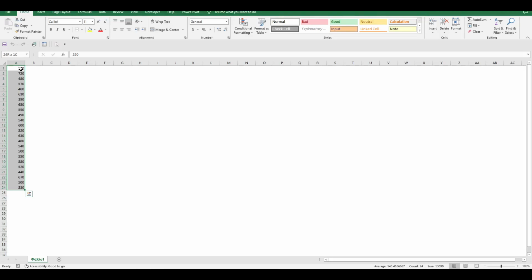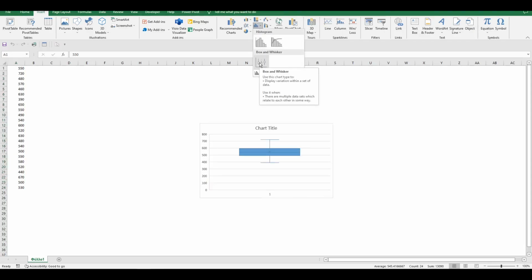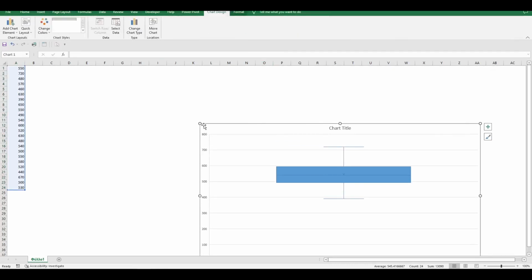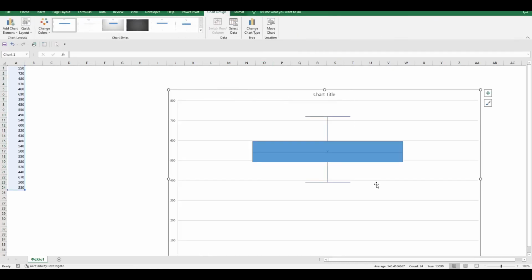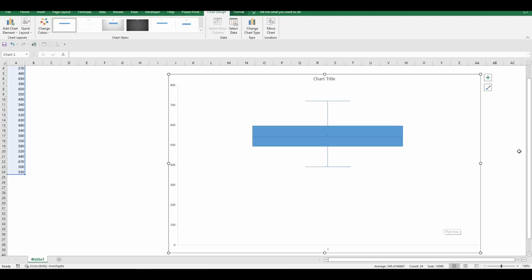First, we highlight them, and from the menu bar, we click Insert, Insert Statistics Chart. We click the down arrow, and we select the box and whisker plot. We can delete the grid lines.